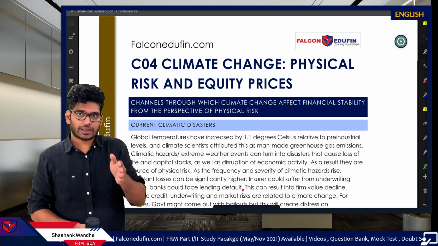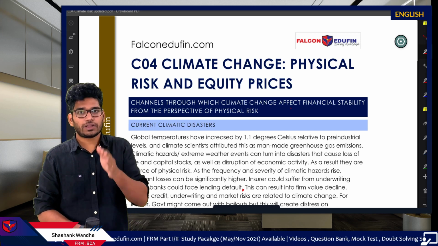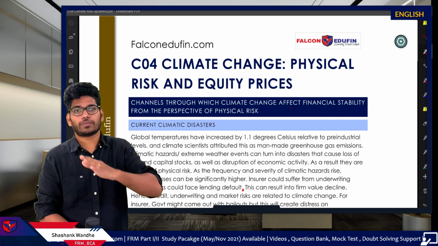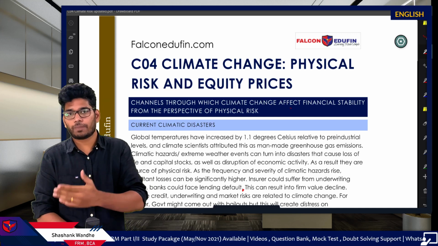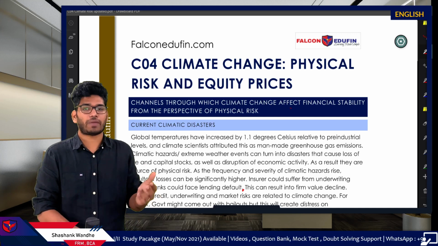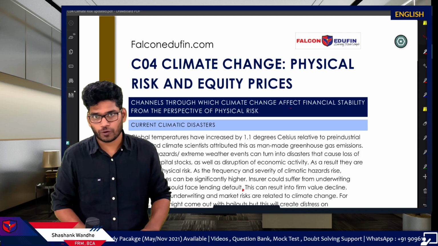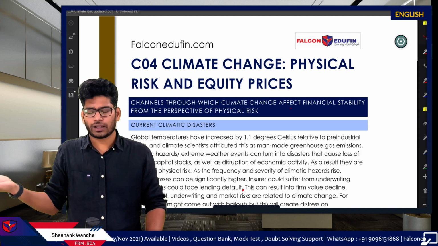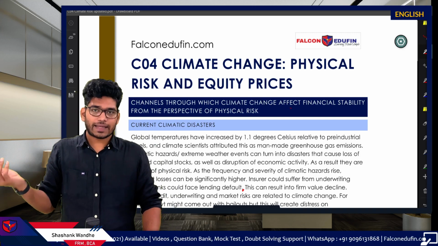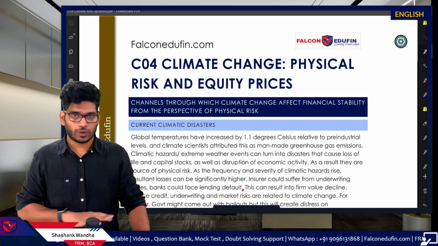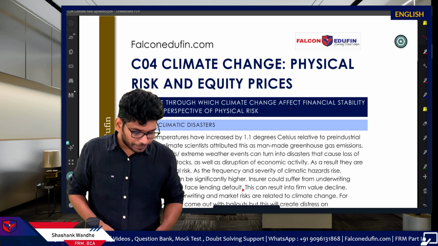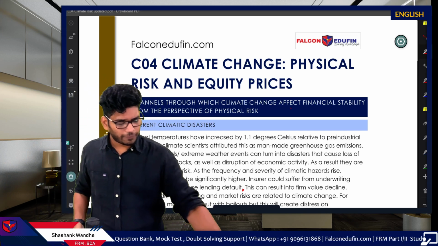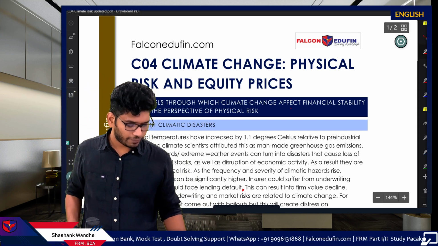So transition risk is that manufacturers need to transition from old processes of manufacturing to new processes to reduce the carbon footprint. This is transition risk. And physical risk is like irregular rainfall, rising temperature, rising sea levels, and so on. Okay, so this is the basic introduction. Now we'll start with reading number 4, the actual discussion, and then we will move into reading number 5.